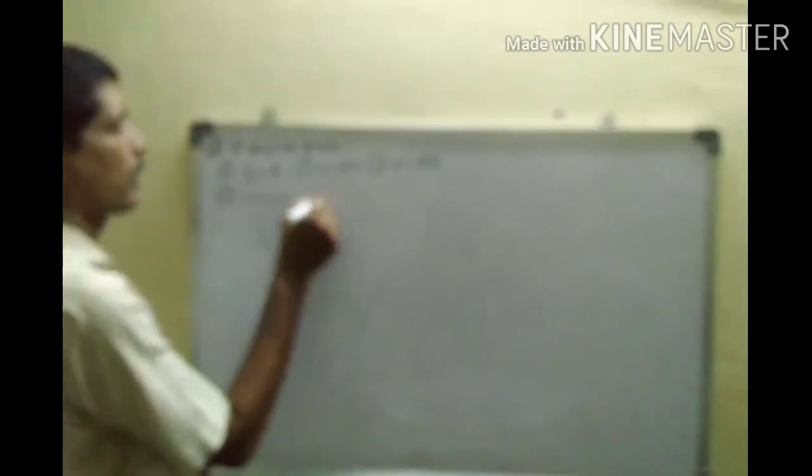Next, second question. Here, draw the graph of each of the following linear equations and answer the following questions. Draw the graph. Here, first one, y equal to x. Second one, y equal to 2x. Third one, y equal to minus 2x. Okay. Next, y equal to 3x is there, y equal to minus 3x. That is, do your one. First one, that is the y equal to x graph.